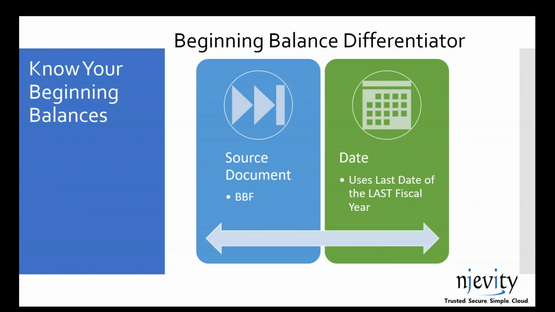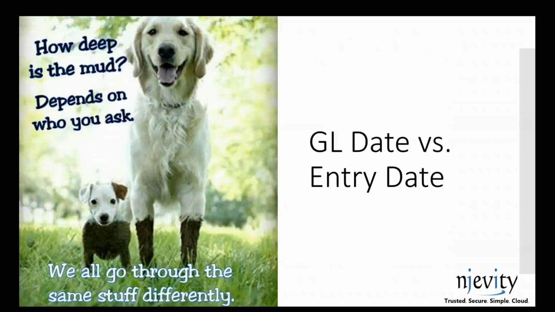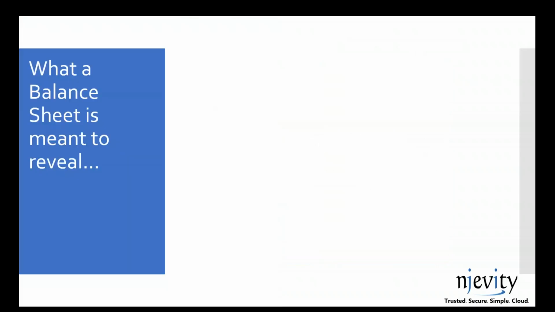The second thing I want to point out is the date. The date of those beginning balances will actually be the last date of the previous fiscal period. So if I close out the year 2018 in January of 2019, it'll be in the fiscal year 2019 but it's going to be dated December 31st, 2018. So those are some things that I want to think about. We're going to be addressing some of those. You also might want to think about whether you want just the general ledger date, or do you also want to include the date it was posted? I think that's a pretty cool thing to include.